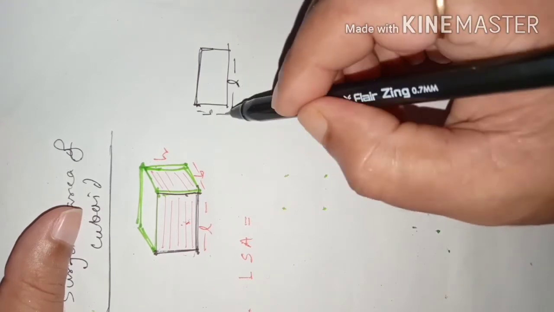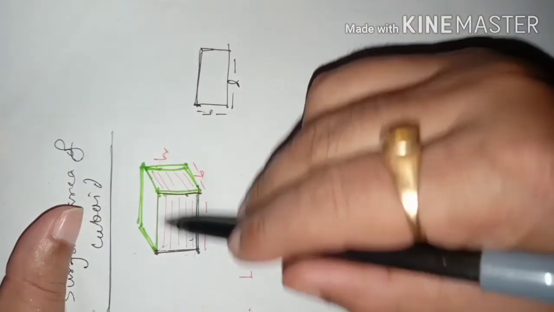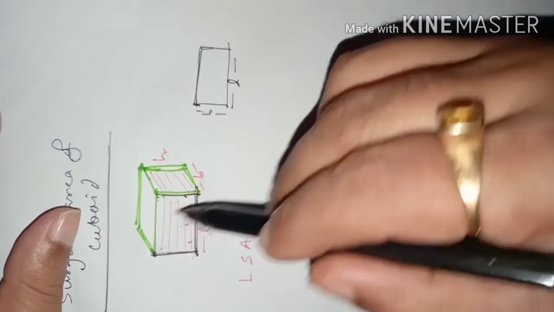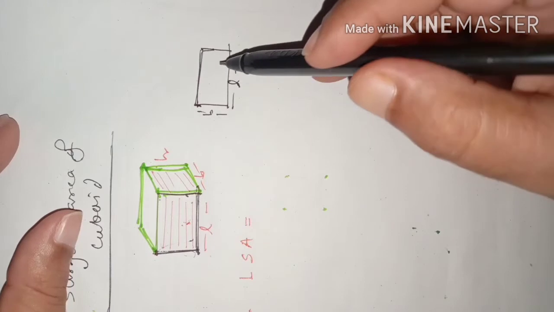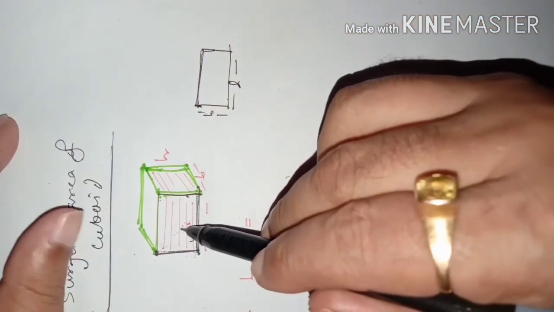But when the same thing is standing somewhere, think of a piece of paper standing on the ground like this, you will have to say one side is length and one side is height, because it will be considered as height. But when the same thing is lying flat on the ground, then it will have length and breadth only. So now dear students, what is the area of this wall?